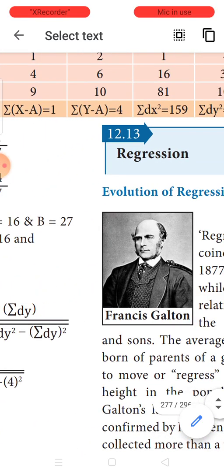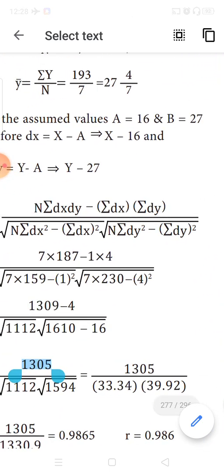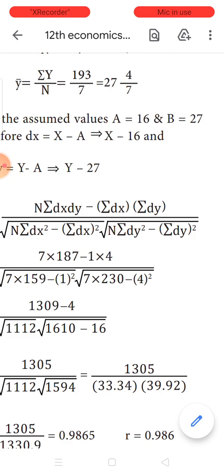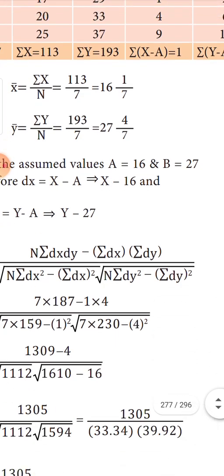Now only you found out sigma dx square is how much? 159. Substitute it here. Write the minus symbol, minus sigma dx the whole square. Sigma dx, now only you found out the value. It is 1. 1 the whole square. Then